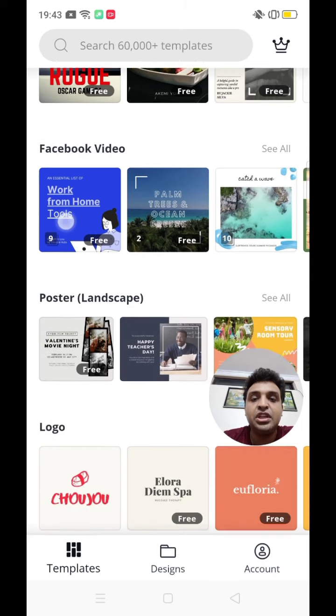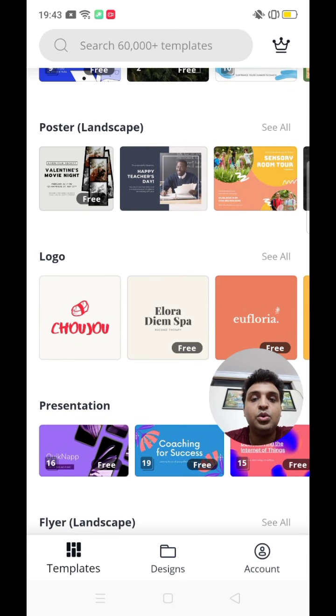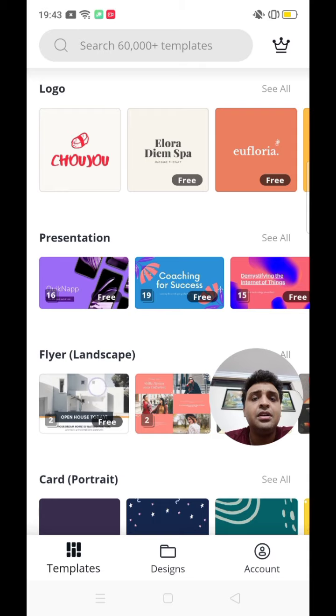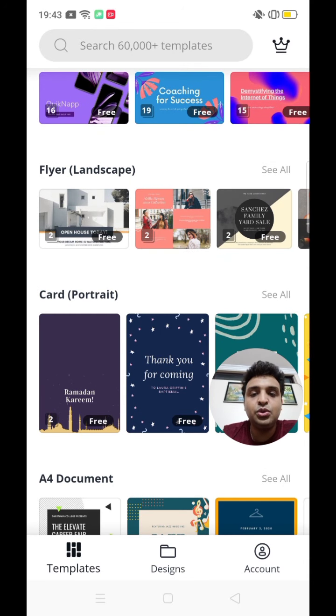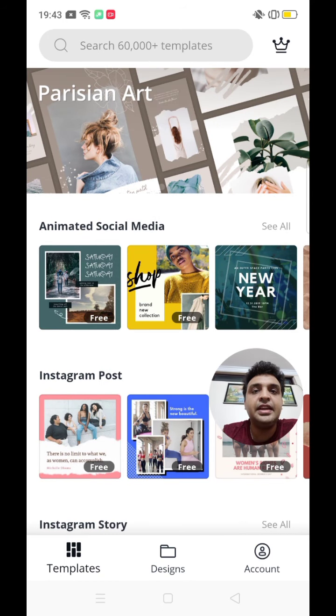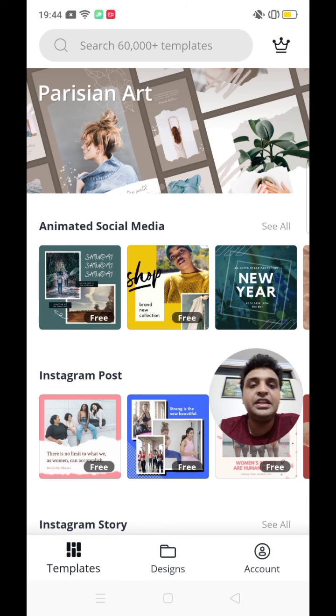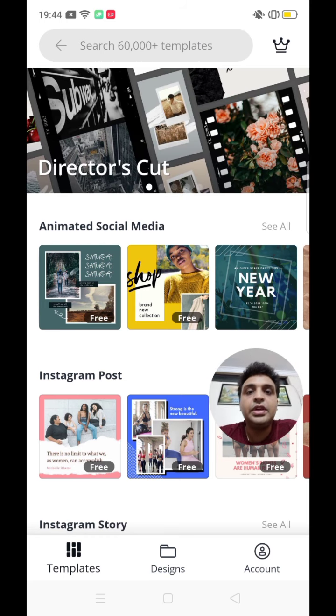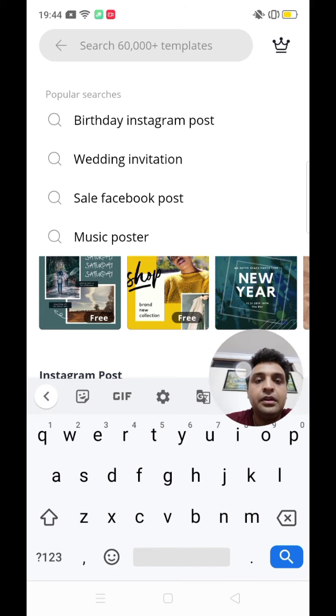I would just advise you all, you can even make logos here, you can make presentations here. So I would advise you all to go through this app specifically, and go through what all you can find that can be helpful for you. Now, since I told you we will look into how to design a thumbnail, I will specifically stick to that. So we can just type here YouTube thumbnail.